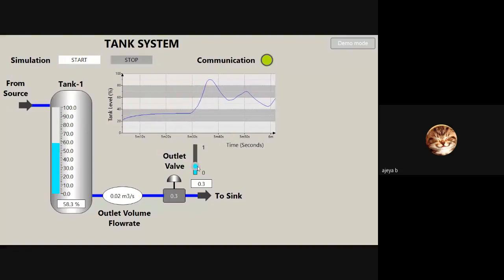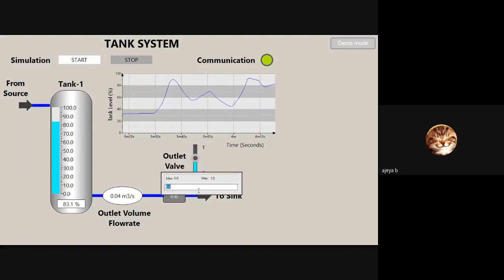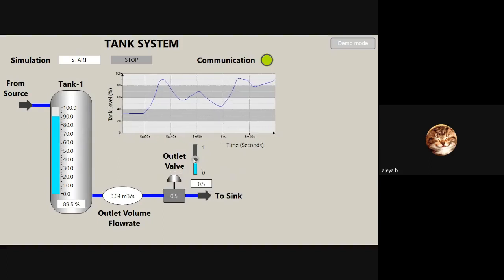Now here, with the slider, I can give the valve set point, and you can see the feedback here. As I change it from the slider, it goes to the script, to OpenModelica, and then it sends back that the valve opening has been changed to the new value that you had set. And then it is simulating the values of the level.